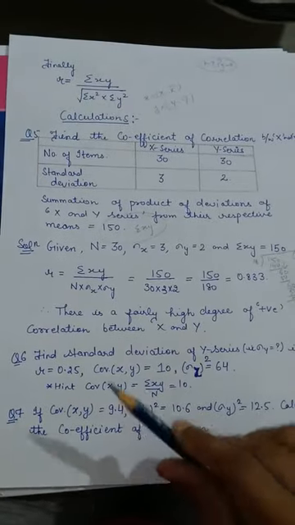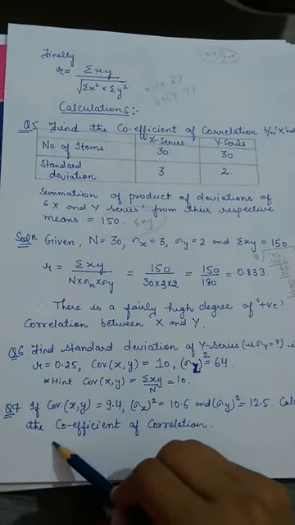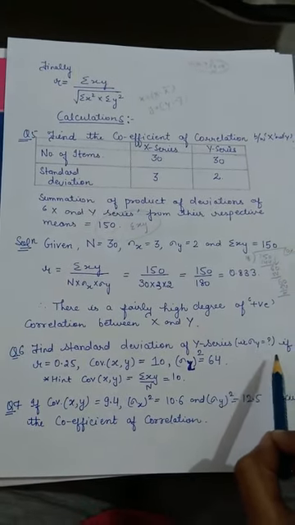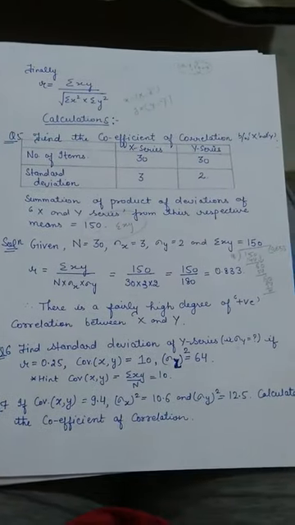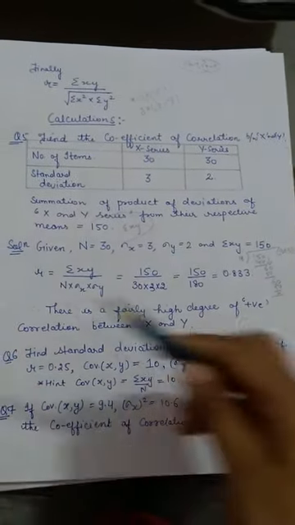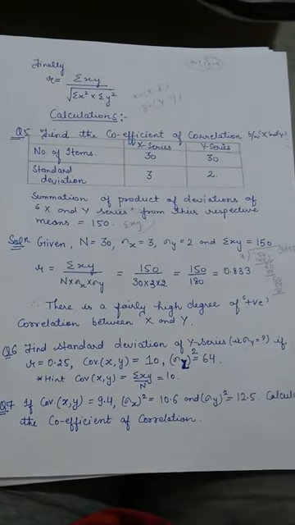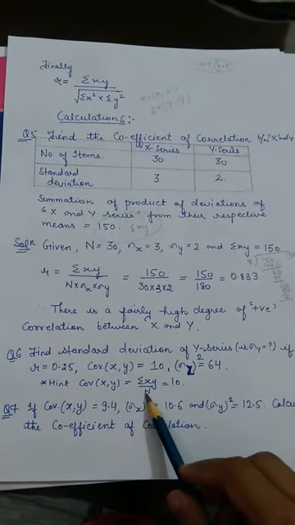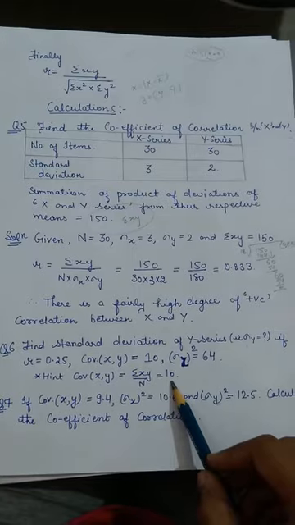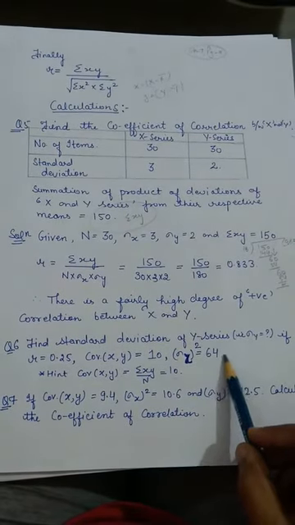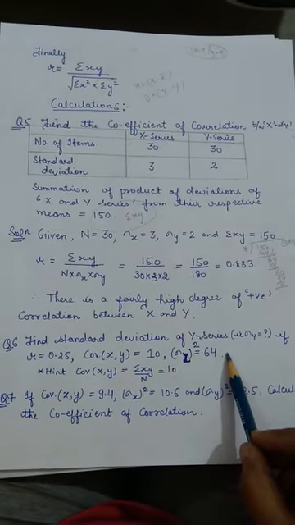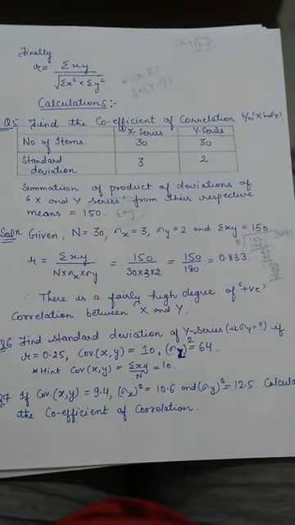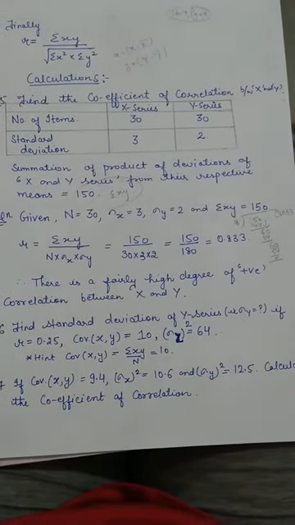Here are two questions in front of you, question number 6 and question number 7. Find the standard deviation of Y, meaning you have to find the value of mu Y, if your R value and covariance value are given, and your mu X whole square value is given to you as 64. So one hint is given. First of all, you are given the value of this as 10, and then you will take the under root and you will get the value of mu X, and you will put the value of R equal to 0.25. You will put it in the formula, and you can easily get the answer.